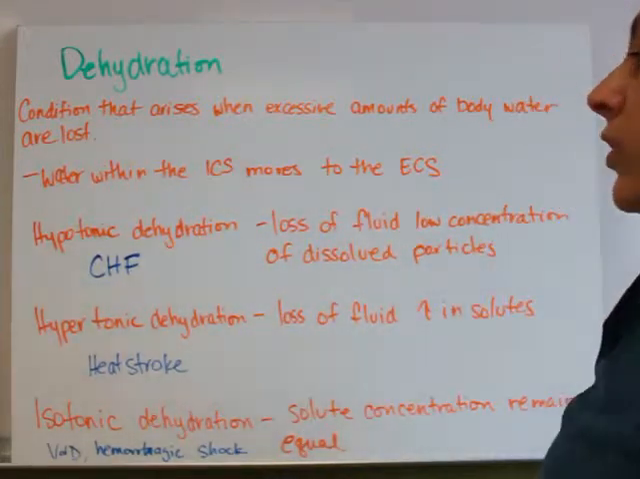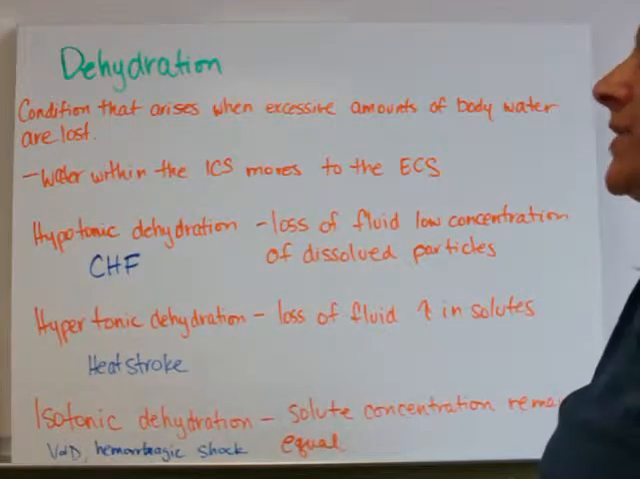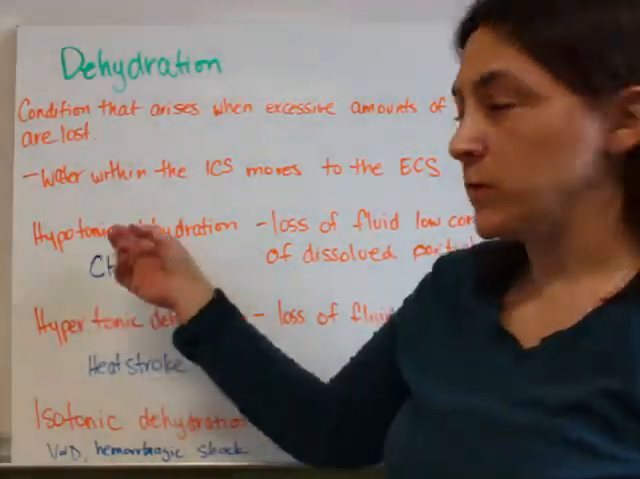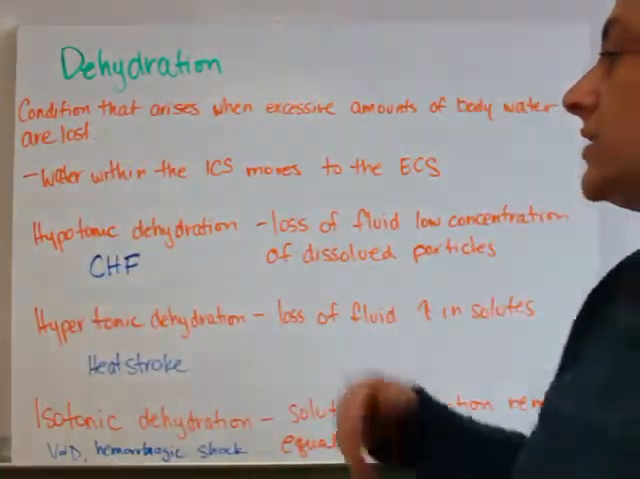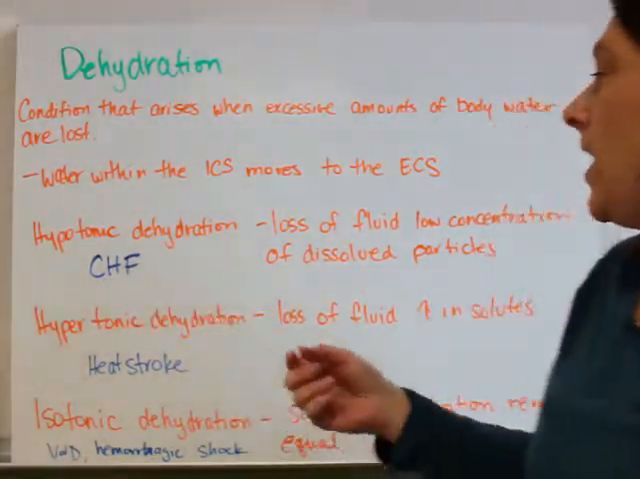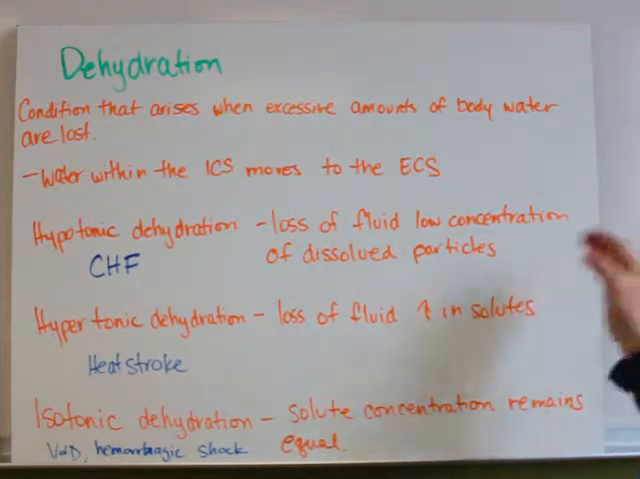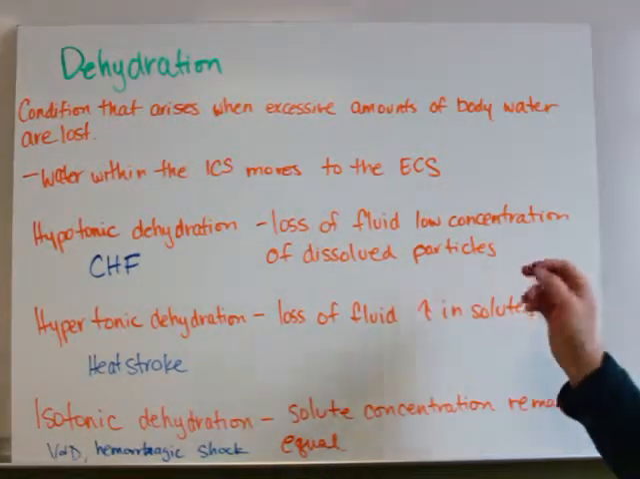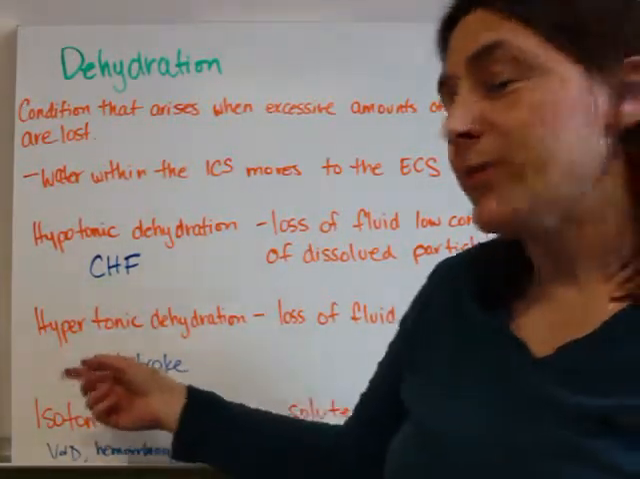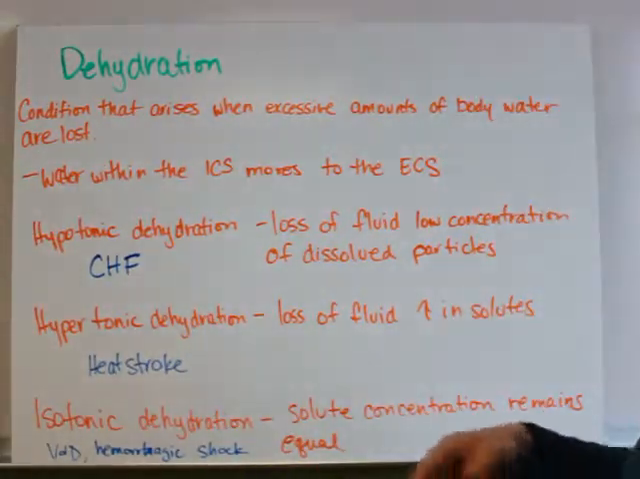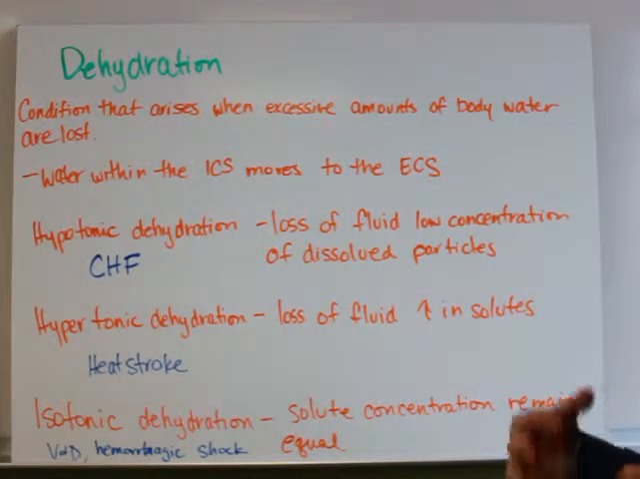Okay, so there's different types of dehydration. One is hypotonic dehydration, and this you would see in chronic heart failure. And this is when they have loss of fluid and low concentration of dissolved particles. Okay. Then there's hypertonic dehydration, and this is with loss of fluids and a greater amount